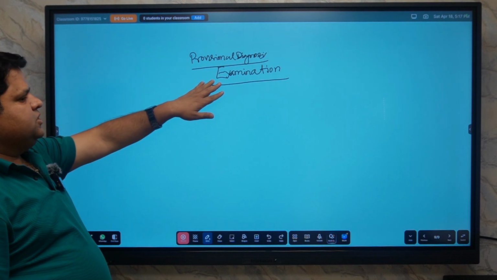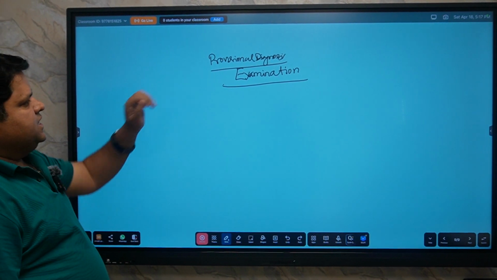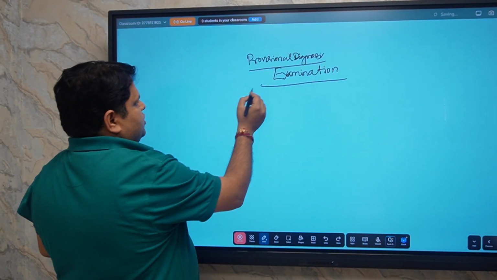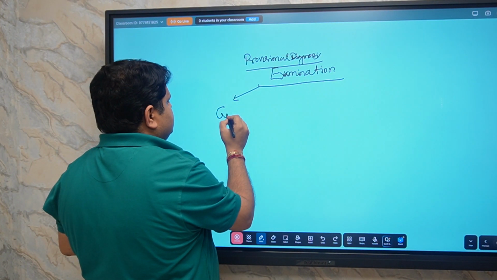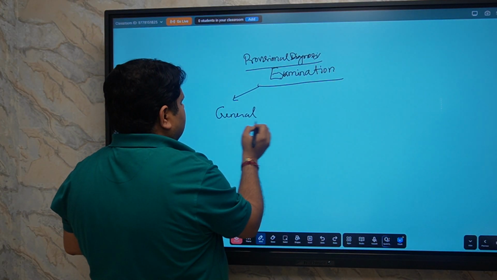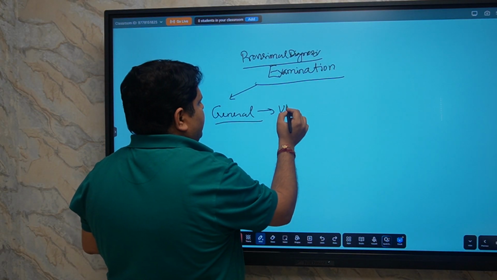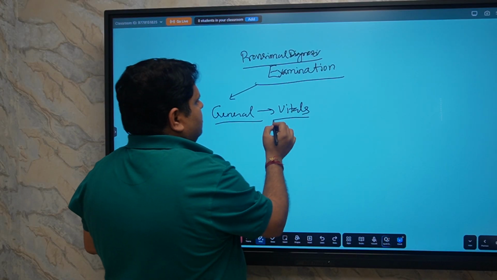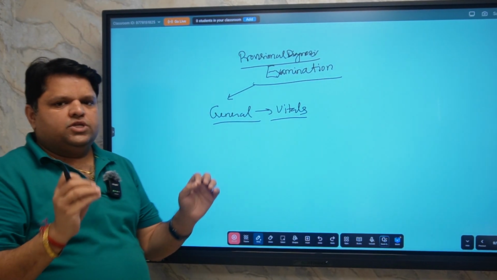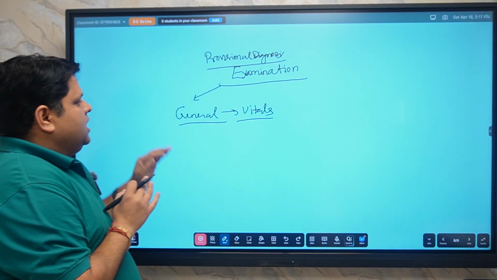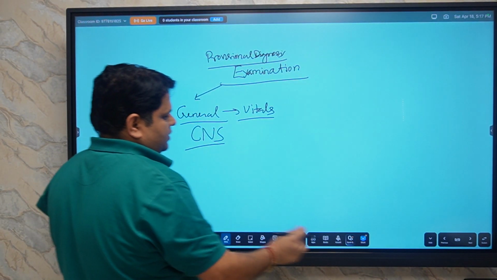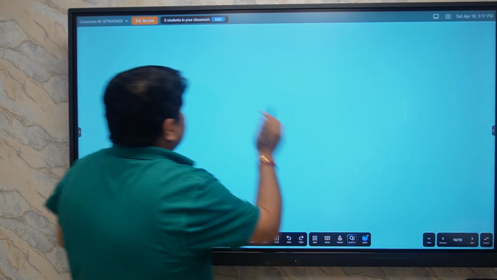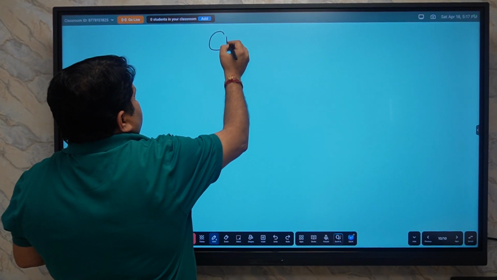So in examination, for neurological examination, we first of all see the general examination. In general examination, we look for the vitals, we look for the pallor, icterus, cyanosis, clubbing, edema and lymphadenopathy. After this we will reach the CNS examination. So for CNS examination,